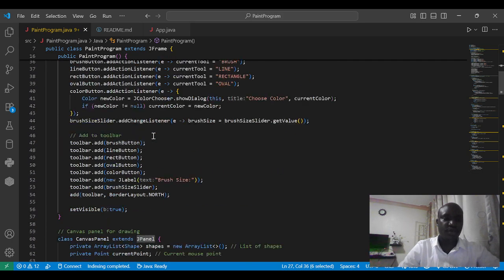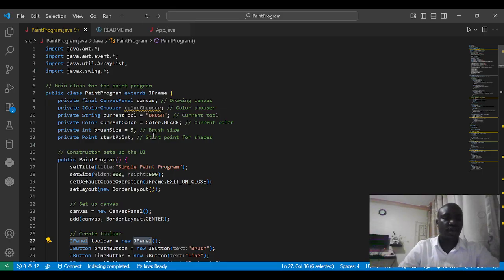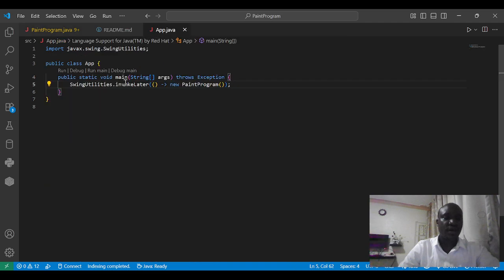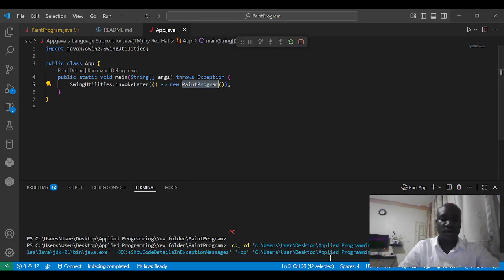Very simple, basic paint program. We can see that this is the paint program class, but we are actually calling it out here so that we can run the program. So we'll just run it super fast here. It is running. I'll just bring it to the screen. When we run, you can see that is